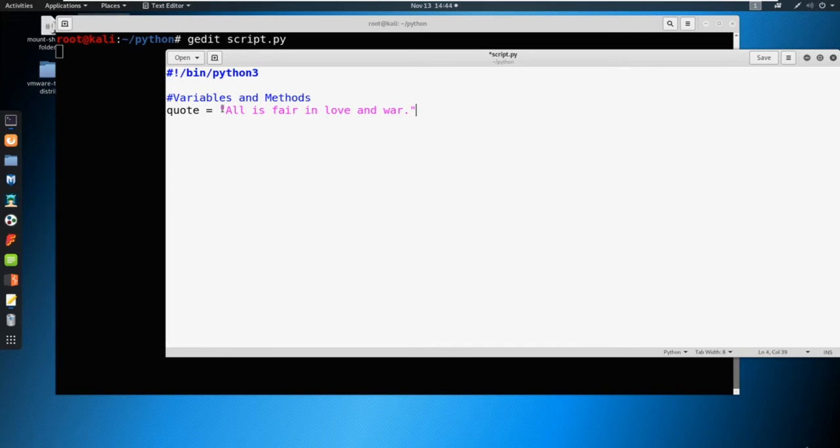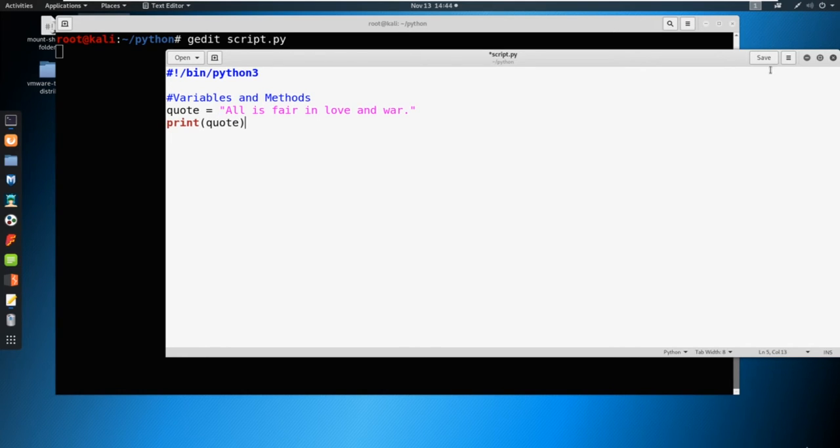So instead of typing out "all is fair in love and war," we can just call this placeholder at a later time, and it knows, hey, I'm going to call this information. So it's going to store this information inside of quote, and then later we just call quote, and it'll print it out. So we can do something like print quote